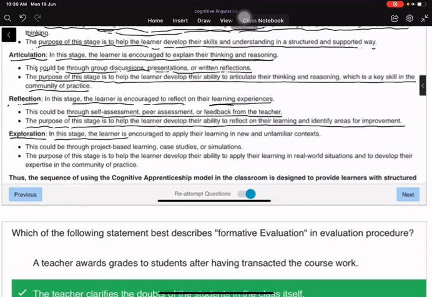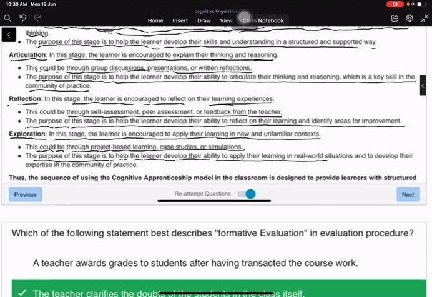In this stage, the learner is encouraged to apply their learning in new and unfamiliar contexts. This could be through project-based learning, case studies, or simulations. The purpose of this stage is to help the learner develop their ability to apply their learning in real-world situations and to develop their expertise in the community of practice. Thus, the sequence of using the cognitive apprenticeship model in the classroom is designed to provide learners with structured